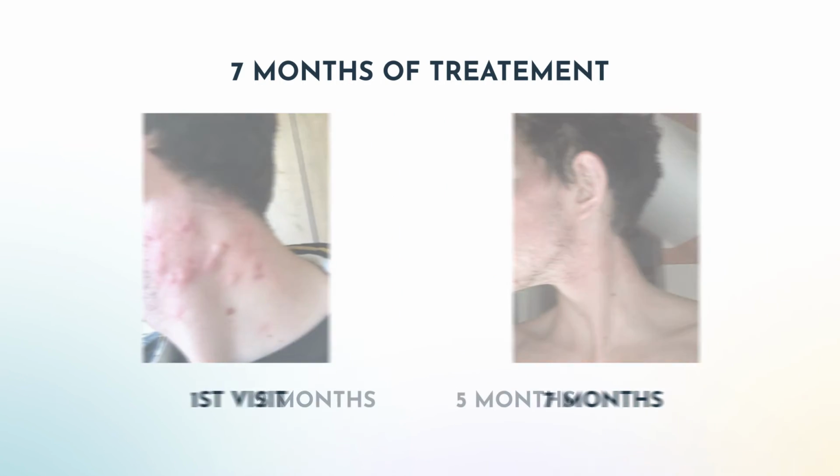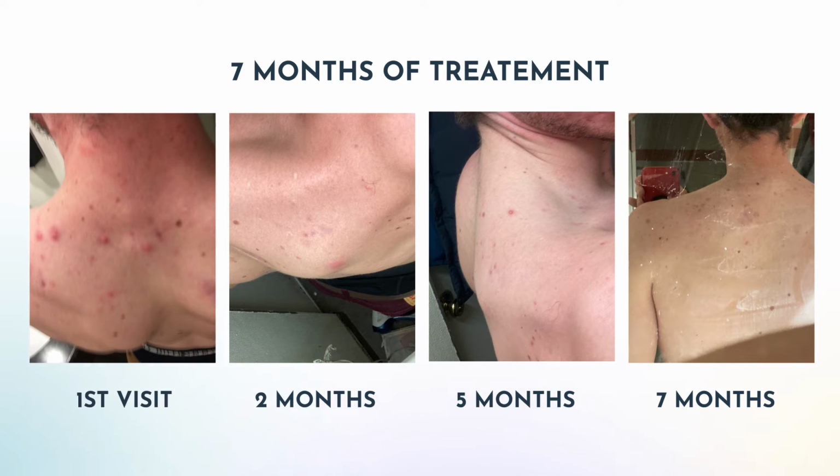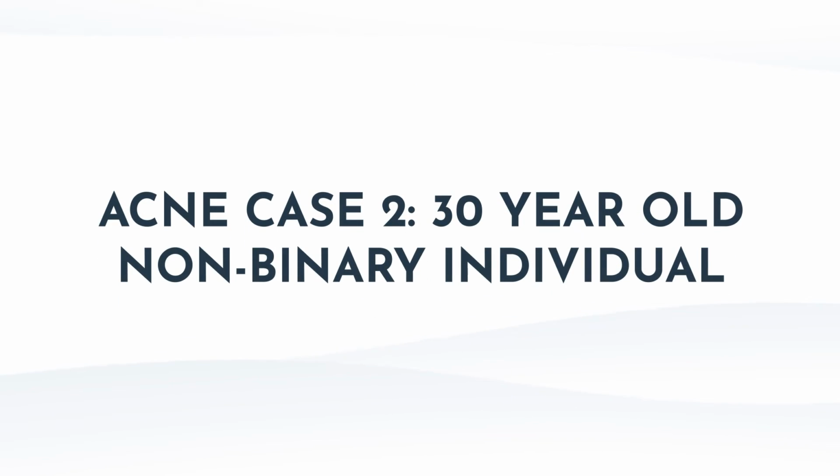And then on his back, we see a similar progression. We had the very red, angry nodules and pustules going on at first. The photos aren't great and it's hard to take pictures of your back, but it's dialed down after 2 months. And then after 3 months, we also see still getting better. And then another 2 months, so at the 7-month mark, the white is on the mirror. It was like a cleaning leftover solution, but you can see that there's not these cystic acne or nodules or anything like was happening when we started. And so this is the power of treating the gut and getting to the root cause. No pharmaceuticals at all.